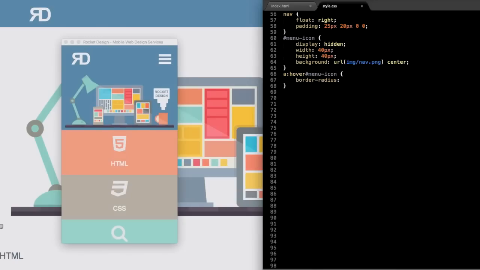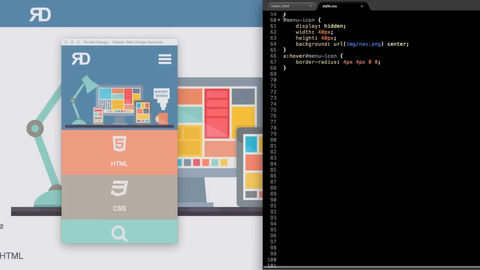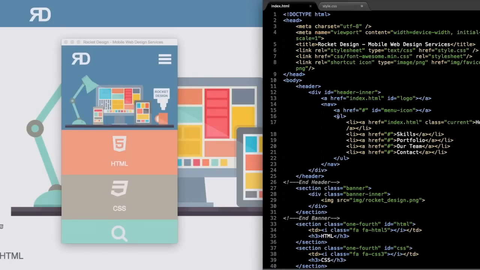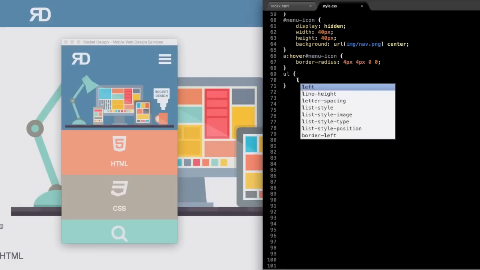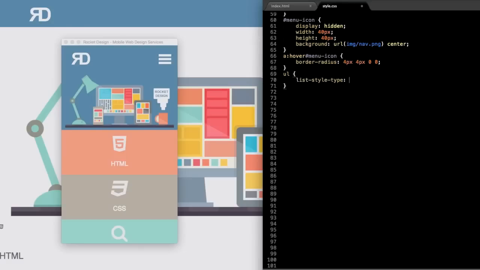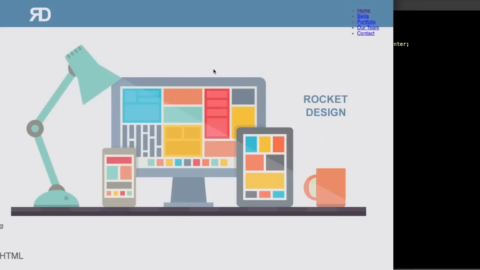So border-radius, and then we'll do 4 pixels, 4 pixels, and then 0, 0. Alright, and now let's go back and style the unordered list for our navigation. So at this point, the navigation is really going to start to take its form at the full width as we style the unordered list and the list items here. So we're going to tell the unordered list to have a list-style-type of none, and then if we